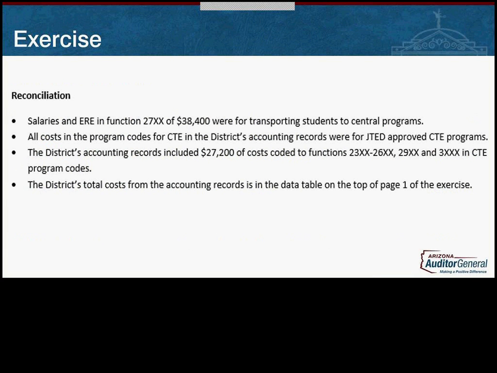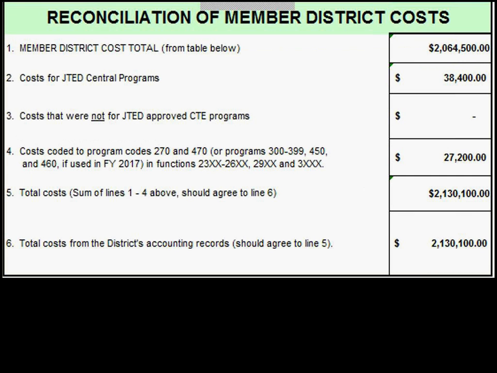So moving on to line 4, we had the district's accounting records include $27,200 of costs coded to the functions 2300 to 2600, 2900, and the 3000s in the CTE program codes. So those are the costs that Chris talked about earlier that we would exclude from our cost reporting in Form B in the direct costs and they would be brought in here in the reconciliation. Now, if you use the new program codes, you would then exclude those. Otherwise, you'll have to piece those pieces out of 270 and 470. So we get our total costs on line 5 to be